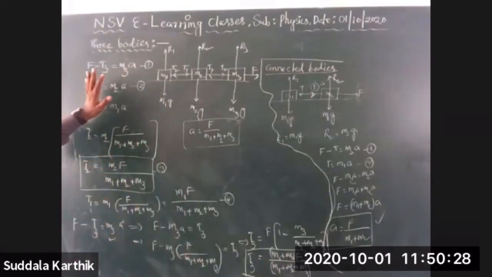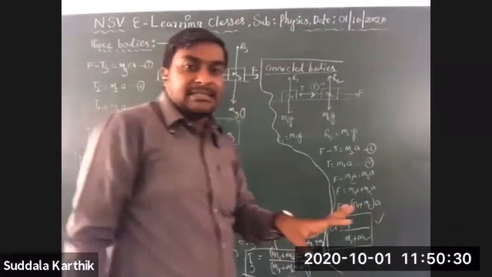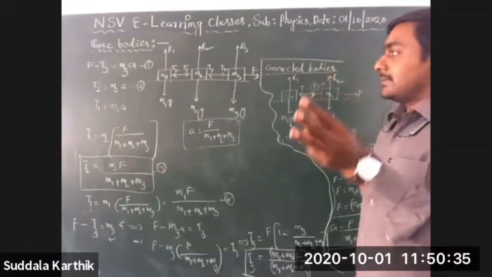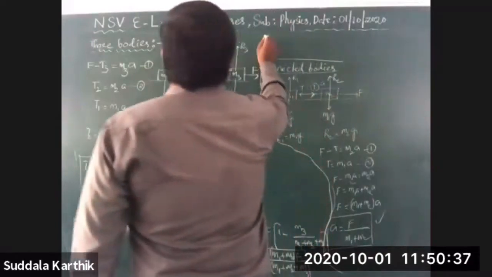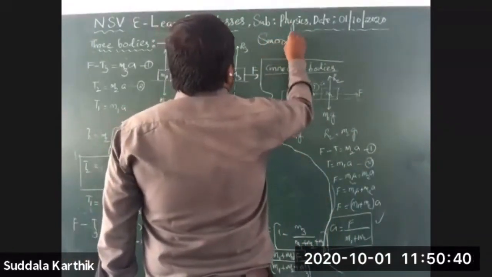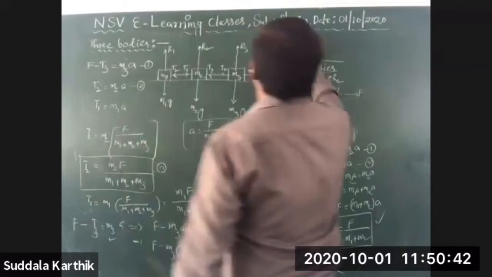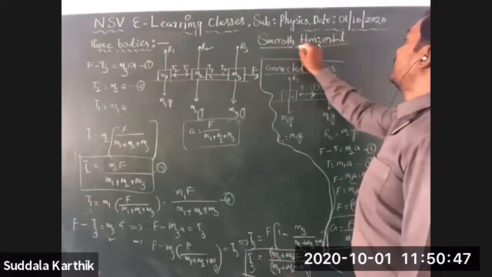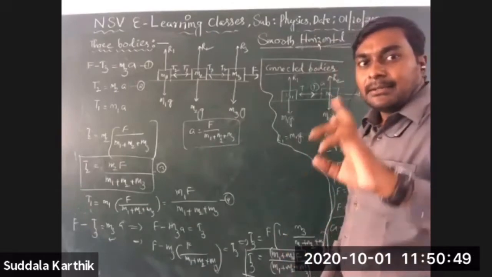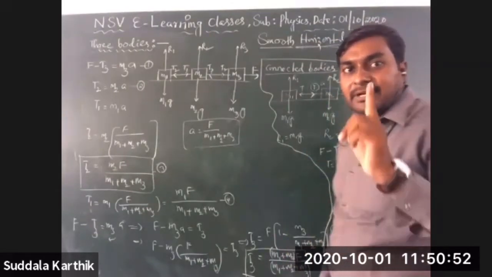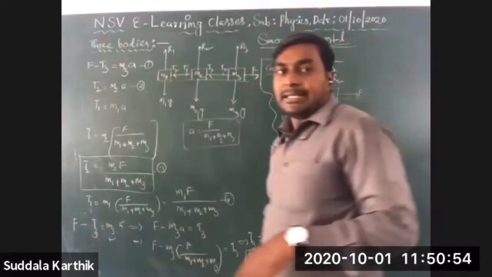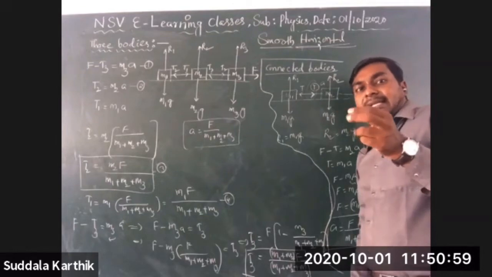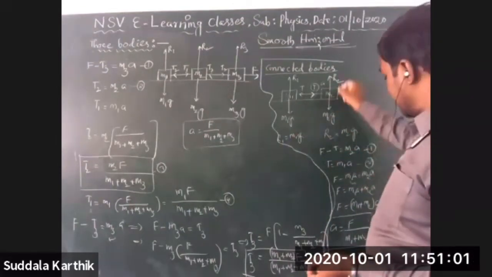Then, by using only these, these situations are enough: single body, two bodies, three bodies, just moving on a smooth horizontal surface. It is enough. One body, I have calculated 3 cases. Then two bodies connected by one string, I have calculated this one.